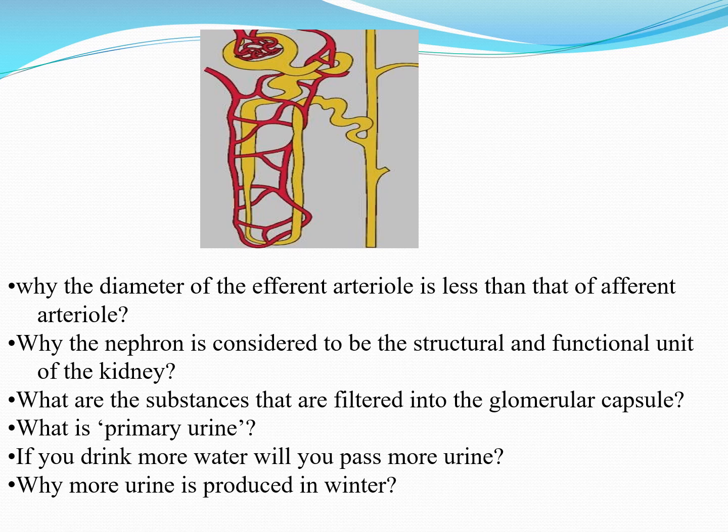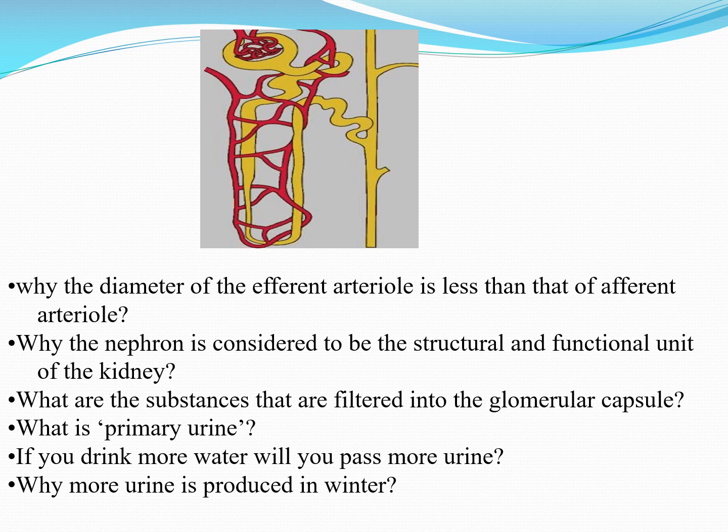Next, why is the diameter of the efferent arteriole less than that of the afferent arteriole? To permit the process of glomerular filtration or ultrafiltration. Here, the afferent arteriole is wider and the efferent arteriole is narrower. Due to the size difference between both the arterioles, filtration occurs. So the forceful filtration seen in the glomerulus due to the size difference between afferent and efferent arteriole is called glomerular filtration.